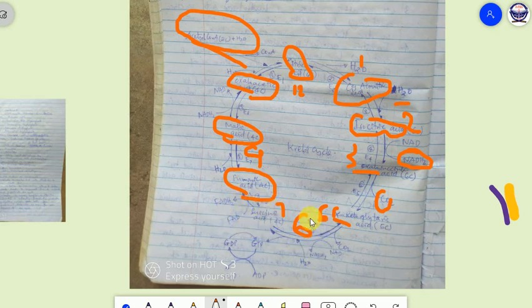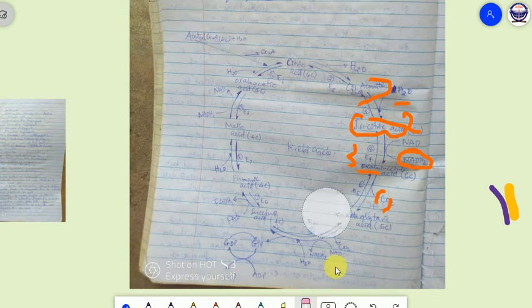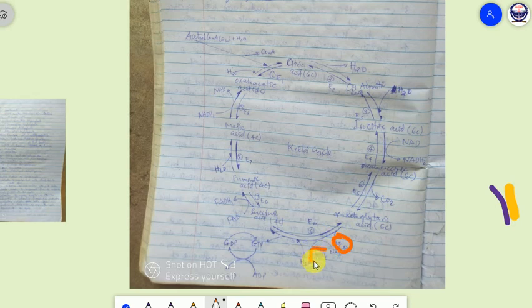But this is the most complex reaction kwenye reactions of Krebs cycle, kama ambavyo niliwaambia kule mwanzoni kwamba among the reactions of Krebs cycle, reactions ni nyingi, lakini some of them they are complex and some of them they are simple. Ukiangalia hii reaction hapa, ukishatoka hapa, tuna remove carbon dioxide, then tuna remove hydrogen, then tuna add water. Tuki add water tunakuja kuform nini? GDP phosphate hapa. Huyu phosphate huyu anahamishwa